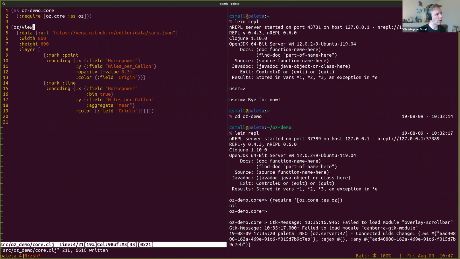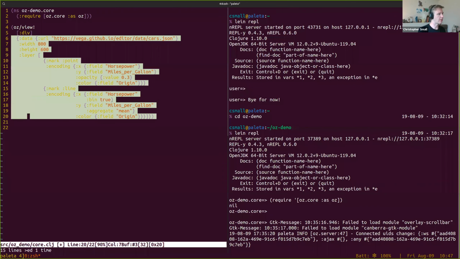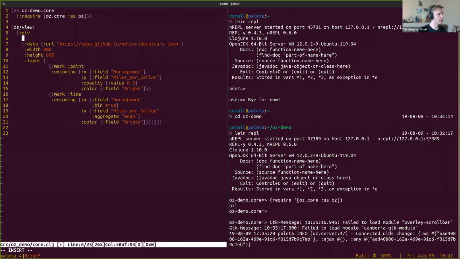And so what I realized is that it would be really simple to build on this model and almost extend it with the notion of hiccup, as a language for combining individual visualizations together with other HTML content. So just as a simple example of this, we might create a div here, and then maybe add a title,